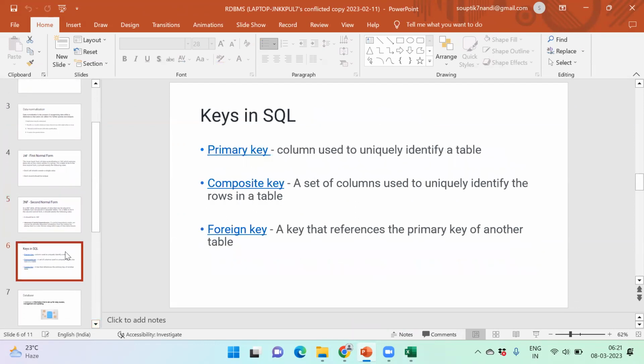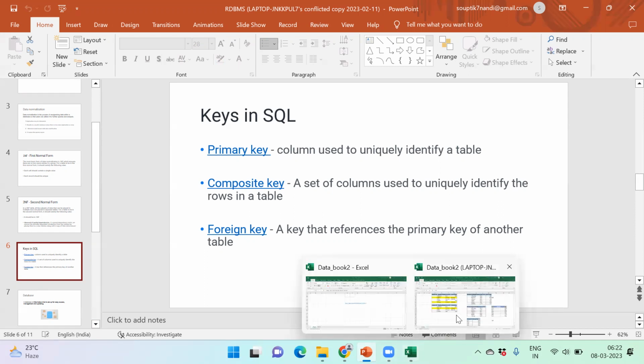Okay, that is one more important topic: keys in SQL. Actually, we can say there are two important concepts for keys, primary key and foreign key. Composite key is a different one; I'll just be showing you. Primary key, I already told you, is, for a particular table, the particular column which is unique in nature. And rather, I can say a particular set of columns is also eligible to be a primary key. And foreign key is